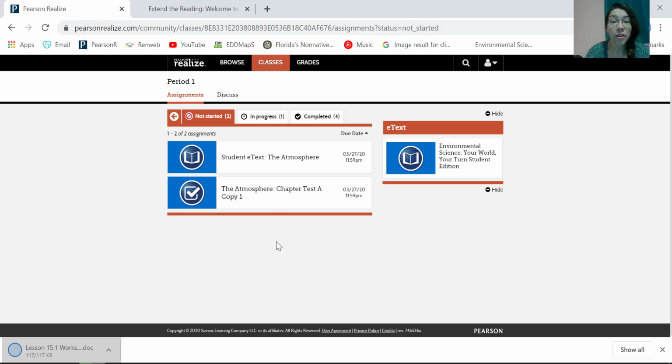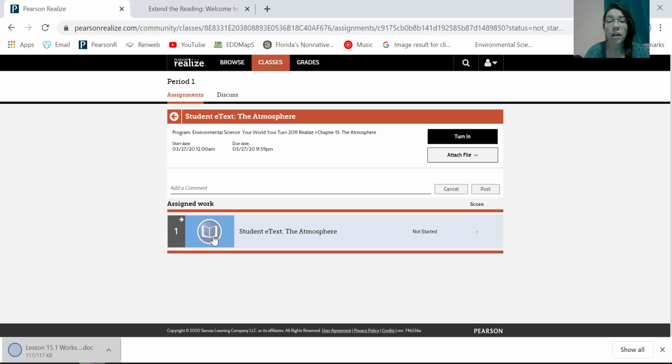So let's just keep going through our assignments. So I'm going to go to the Not Started to complete the other 2 assignments for this week. The first one on our list remaining is our student Etext. This one I'm going to show you just so you can clear it out of this week's assignment, but since the Etext is so easily available through Browse and then through the right side of our Classes tab, I'm not going to be assigning that in the future because you guys have already sat through my lectures and listened to the Etext in that way. So I won't be assigning it, but it'll still be available for you